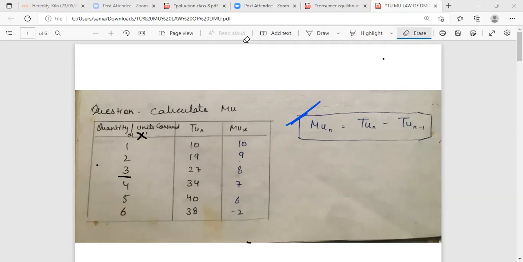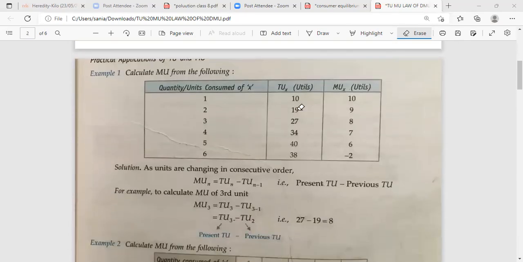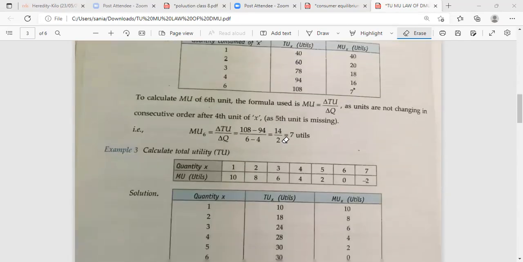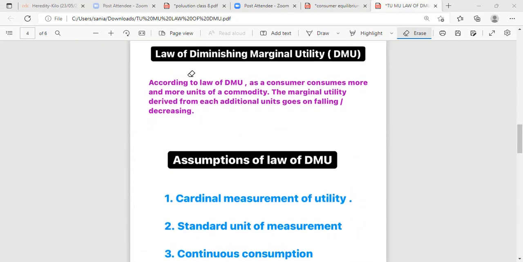Done, ma'am. Done, ma'am. Okay. Who is left? Sure, finished. Okay. Good. So you'll revise all the things. In our next class, we'll solve a few questions, and after that, we'll start with the very important